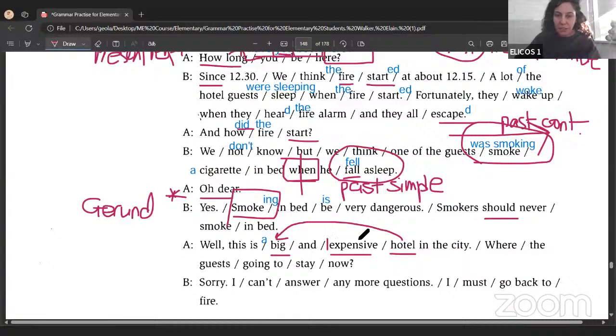Okay, so these words, you have to know that these are adjectives. They give us information about the noun. Now, the noun is hotel, so that's why we have to have an article, even if it's far away from the noun, because we have adjectives. Doesn't matter, you must always have an article. So, well, this is a big and expensive hotel in the city where